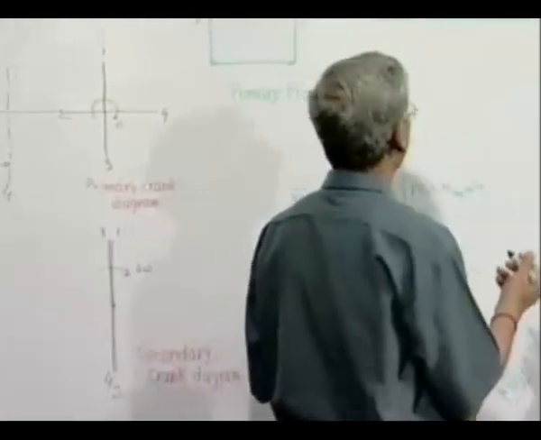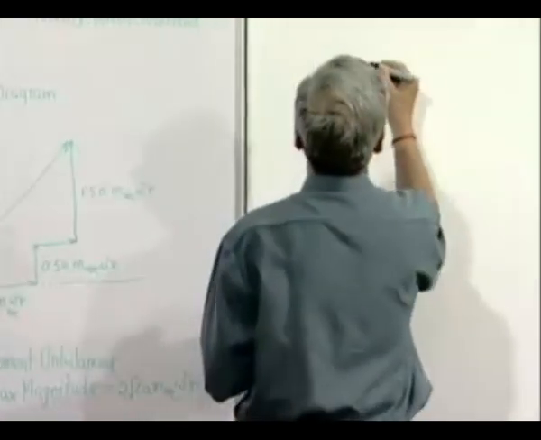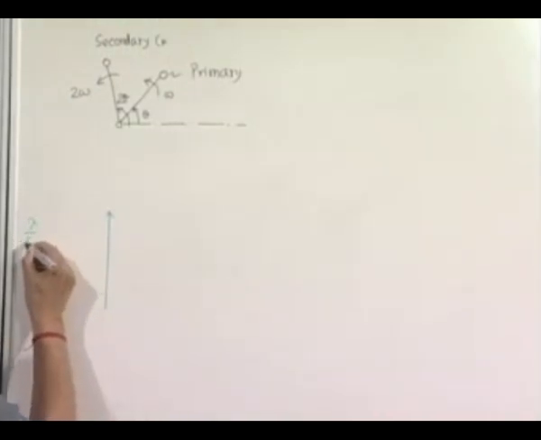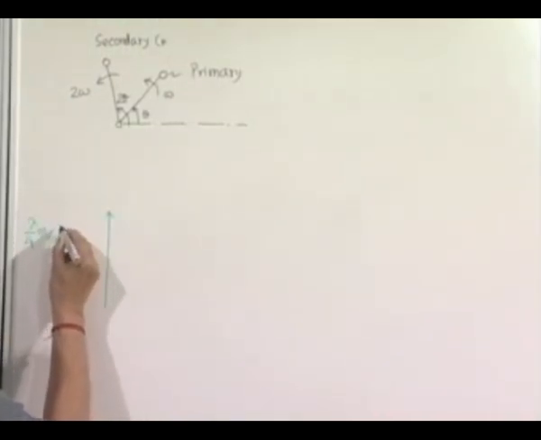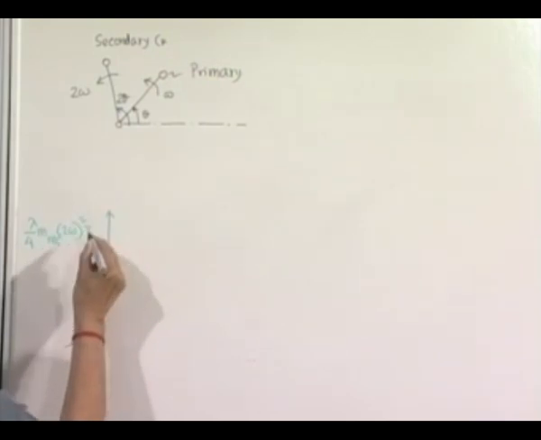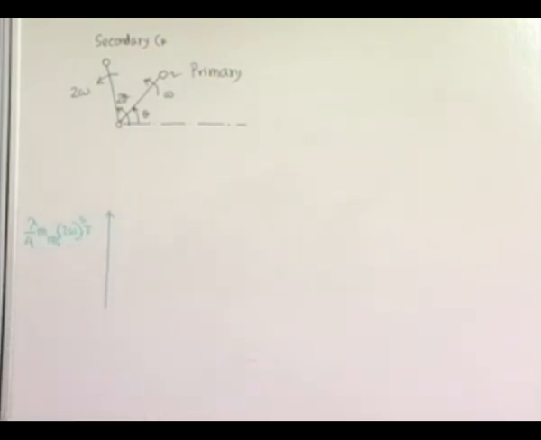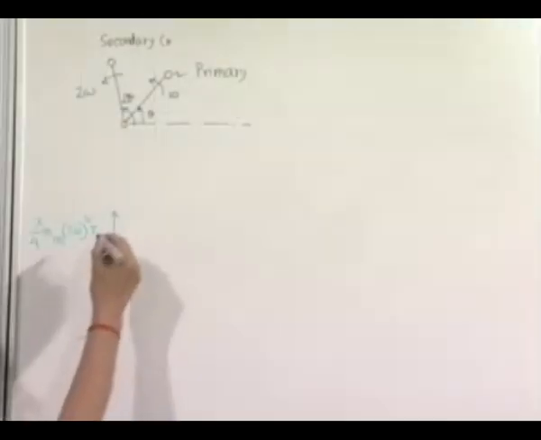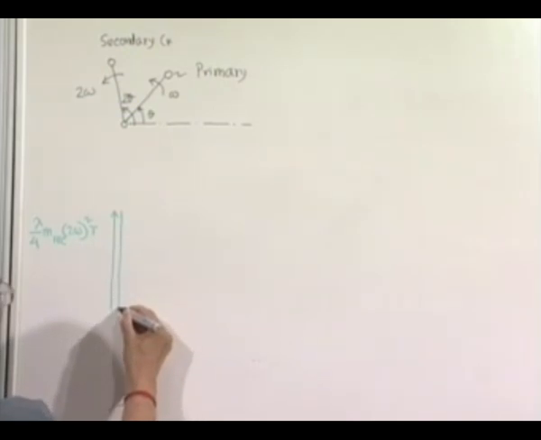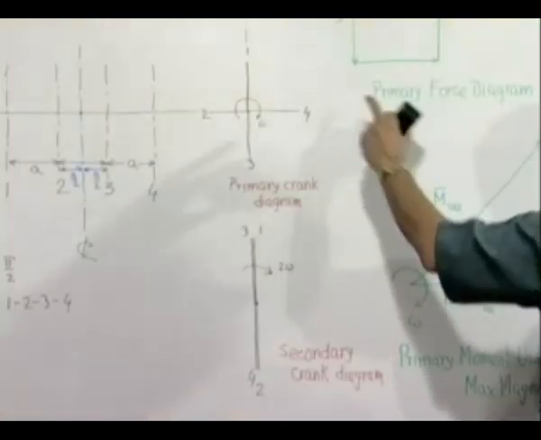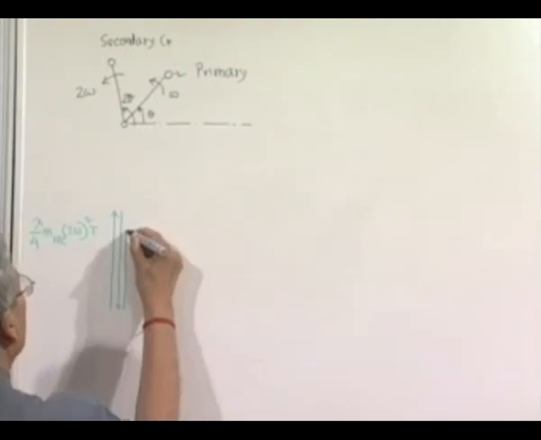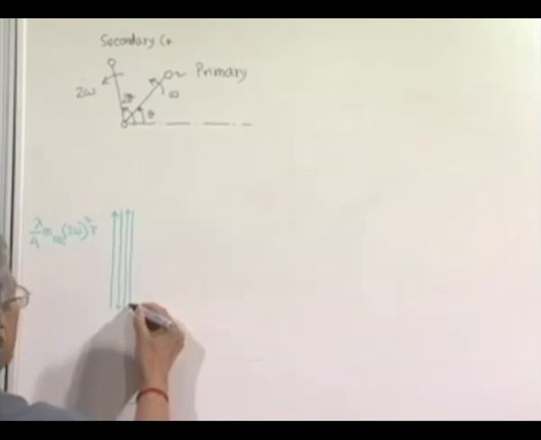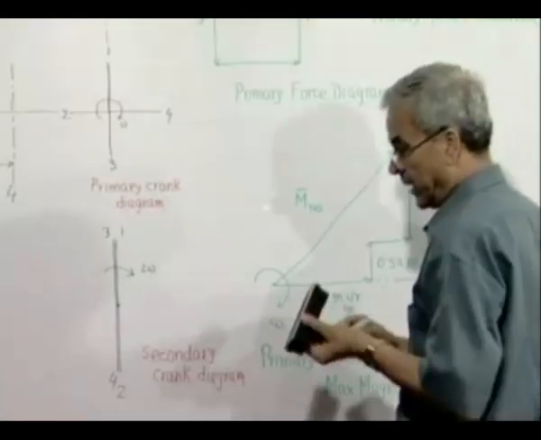So, the secondary force diagram will be, in this case, the first cylinder will produce a force lambda by 4 m reciprocating 2 omega square r in this direction. The second one will produce the same magnitude in the opposite direction. The third one will produce the same magnitude in the other direction, and the fourth one will produce,